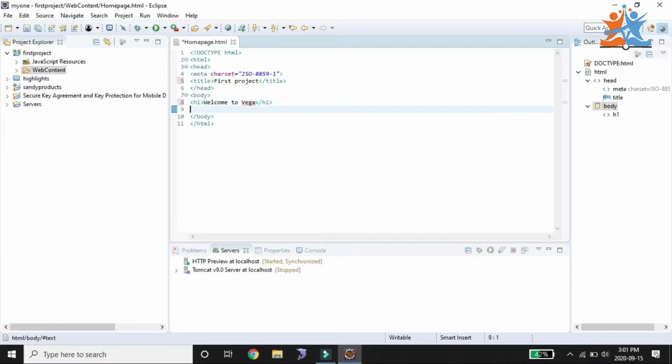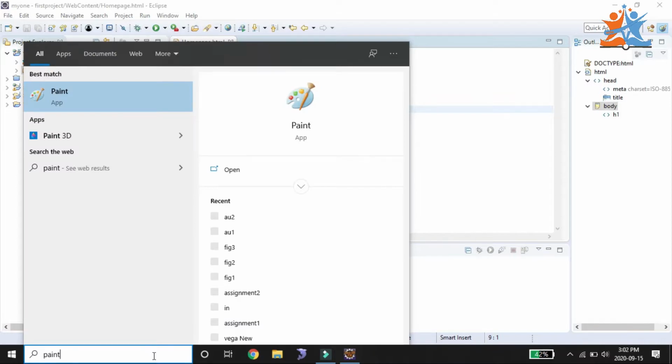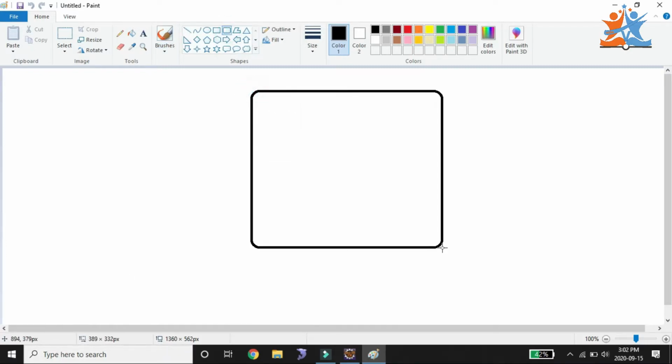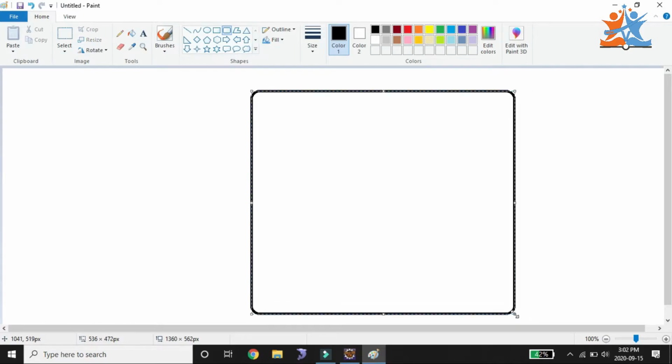So after that, before going to this coding, I will give some planning information on how I am creating it. Based on that you will get good clarity on what the tags are for and for what purpose we are using them. For example, here I am creating one page. This is in a body area.